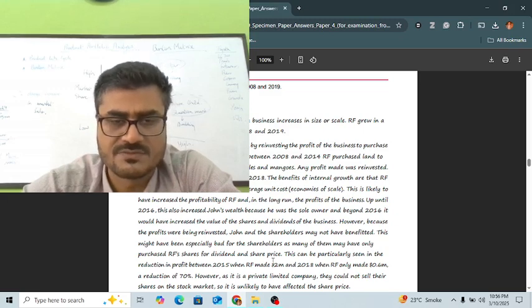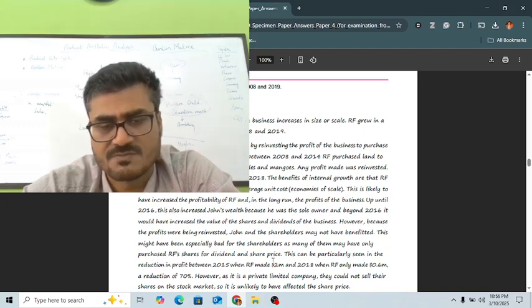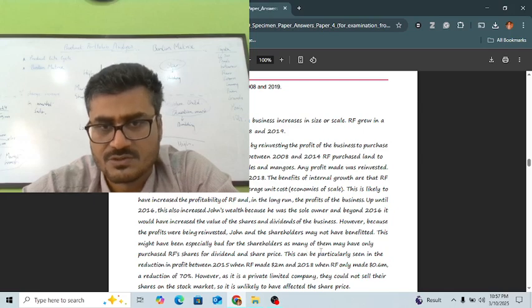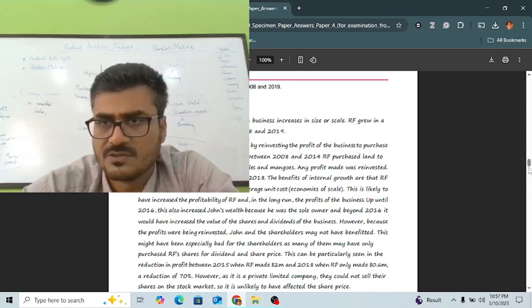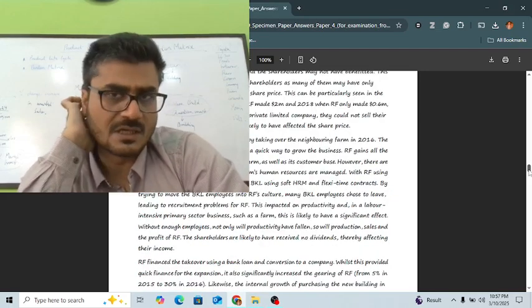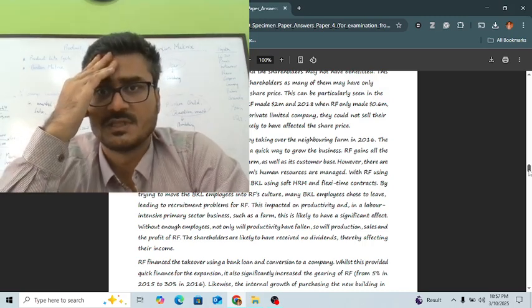The shareholders would have purchased the shares with an expectation of higher profits, but because profits were reinvested, it was of little use. So you can use that point in analysis and valuation. This can be particularly seen in the reduction of profits between 2015 and 2008. He further discussed changes in profits, the decrease in profits, and